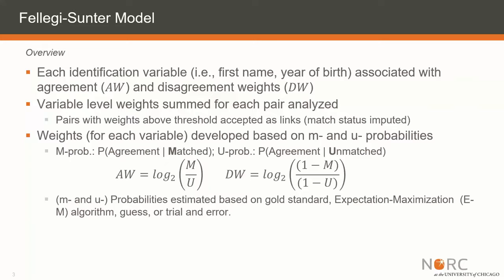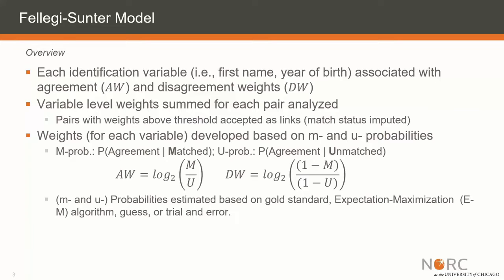And so let me talk about what the Fellegi-Sunter model entails. Trying not to get overly technical with this discussion, but essentially what you should be thinking about, and most of my examples are going to be talking about person-level record linkage, is that you have two files and you want to determine which records are matches. So there are pairs where the record from file A and the record from file B represent the same person. That would be called a match. And there would be pairs which you evaluate which do not represent the same person,